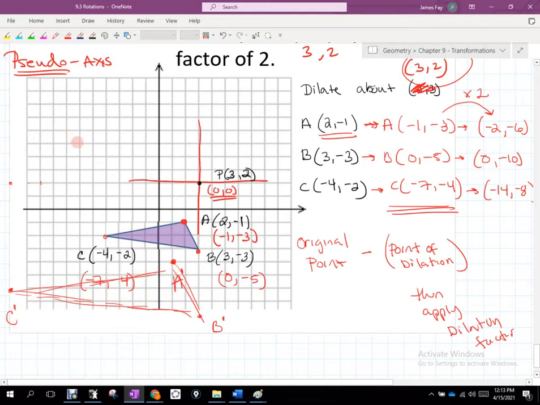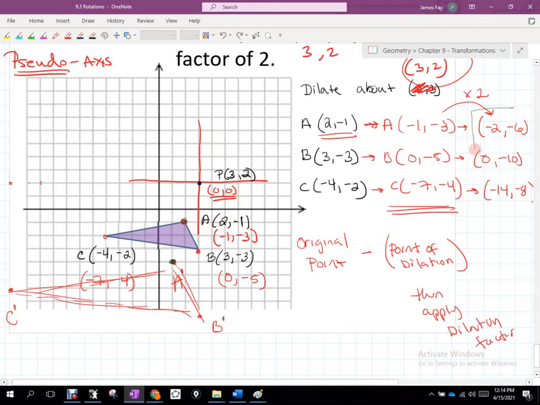does the relationship that we talked about yesterday hold? If I draw through that point and that point, because those correspond, a line will go back through my point of dilation. If I go through this point to that point, it will go back through the point of dilation, and this will go back through the point of dilation, right? We remember talking about that yesterday? Okay. So we have now placed our image in the right appropriate spot, but our ordered pairs are not listed